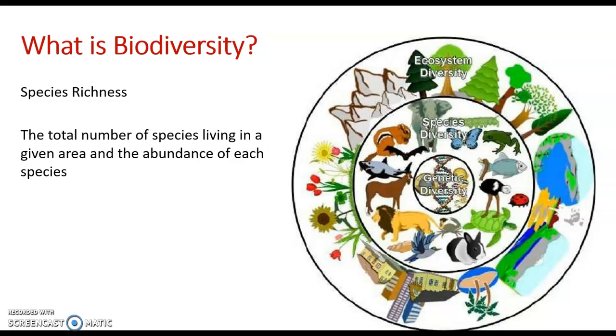Biodiversity is a measure of how many species are living in a given area within an ecosystem, and also the abundance of those species, or how many individuals within each species are able to be supported by an ecosystem. Because each species has a unique niche, or a unique set of conditions that it needs, the more different species that are able to live in an ecosystem indicates that there are more habitat types and more resources, like water and nutrient availability.